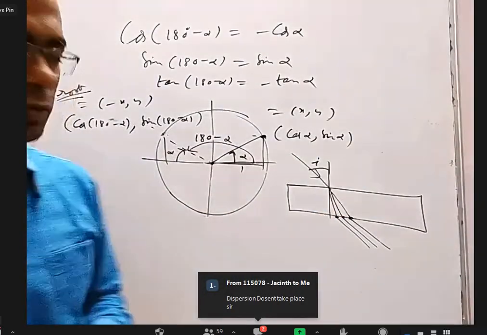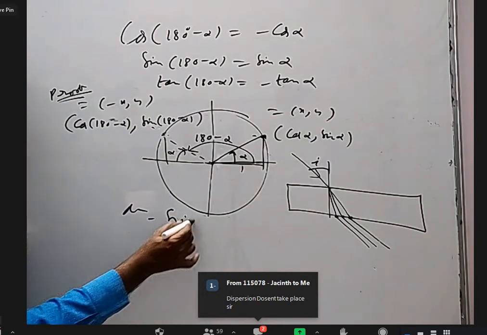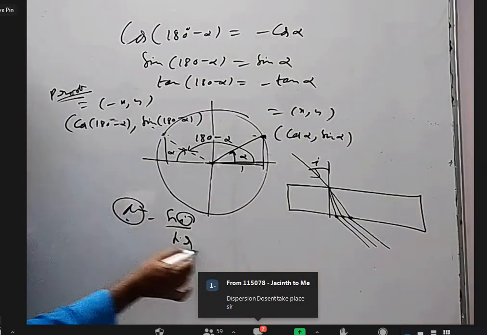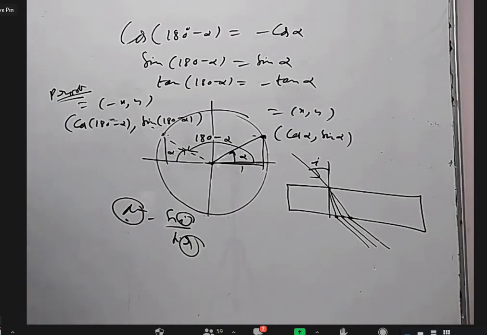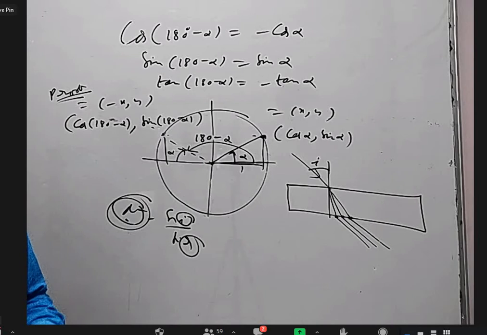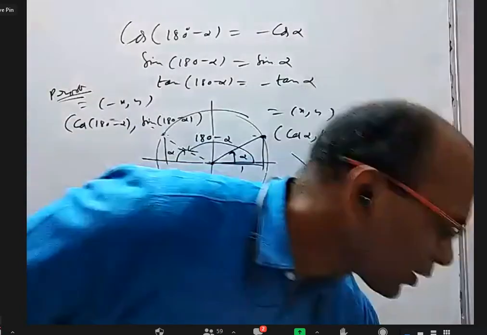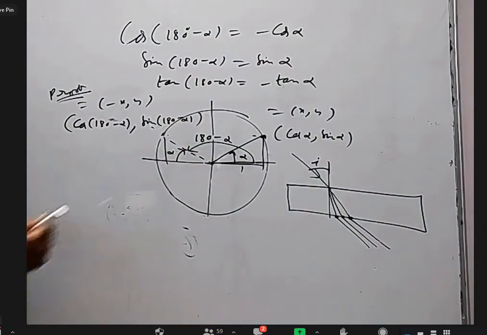No, that you are wrong. Mu equals sin I by sin R. I is the same, but mu is different. That's why R has to be different. Okay, sir. Different colors have different mu. That's the main point here, right? Understood, sir. Okay. There's nothing wrong in the figure because you are drawing nicely in the prism, the same figure, no?